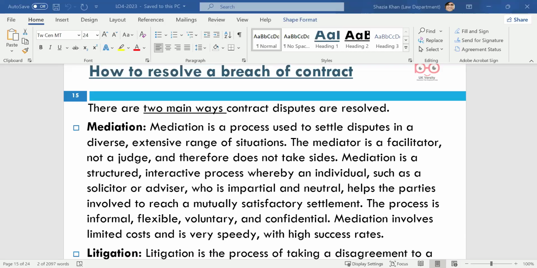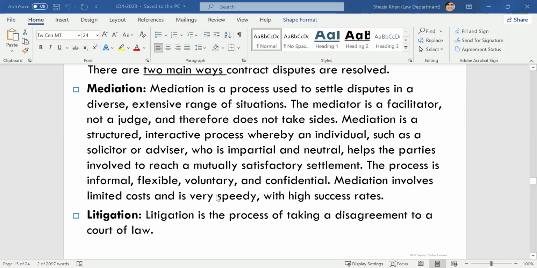The mediator does not make a binding decision. The parties retain control overall. So it's not as if they're making the last decision. They're just there to support them, and they are impartial as well. So there's someone from the outside who is neutral, who will come to a resolution with both parties involved and make sure there's a resolution rather than going to a tribunal or the courts, because they want to resolve this. And mediation is normally quite speedy and has high success rates as well.